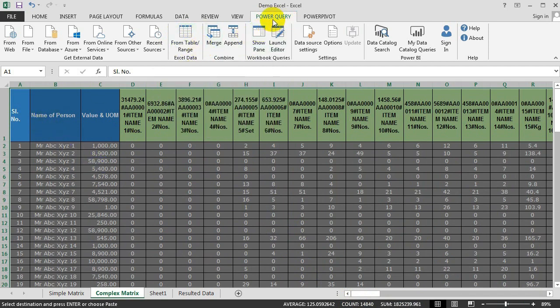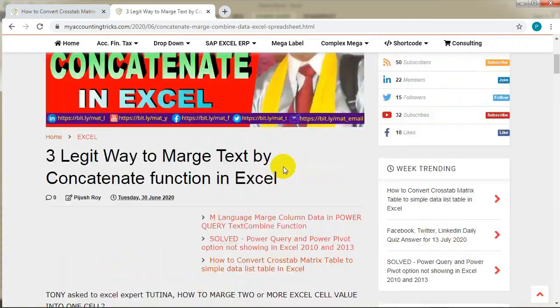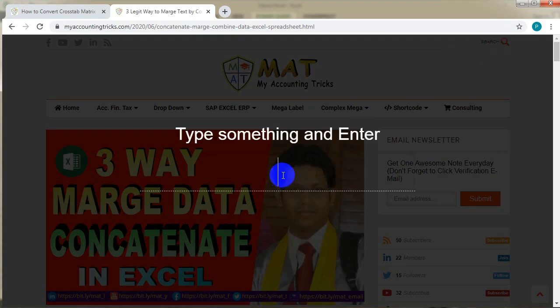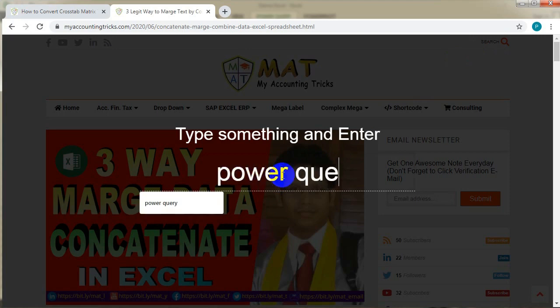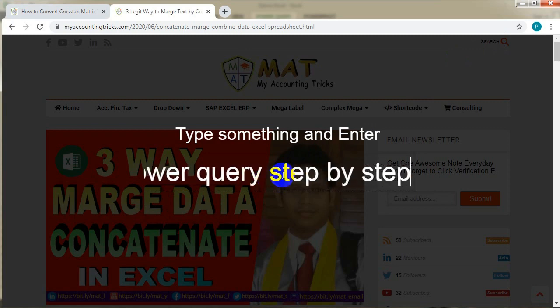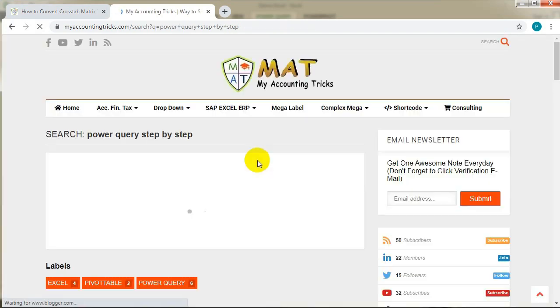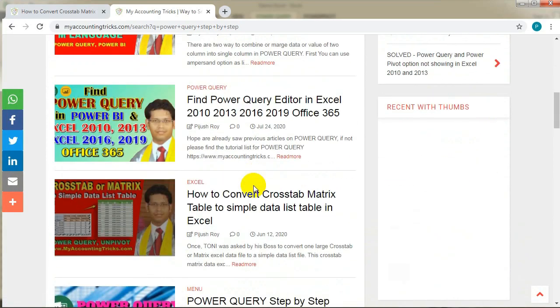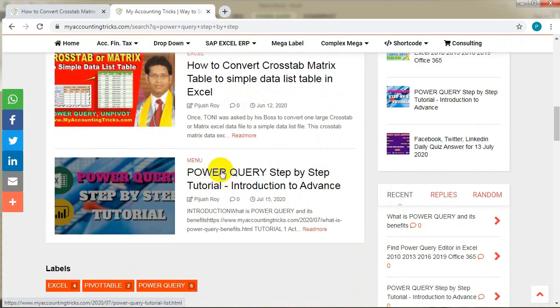If you are new to Power Query, I suggest you go to my website and search here or type Power Query step by step. Yes, this one, open this.